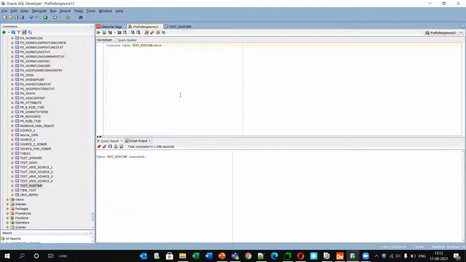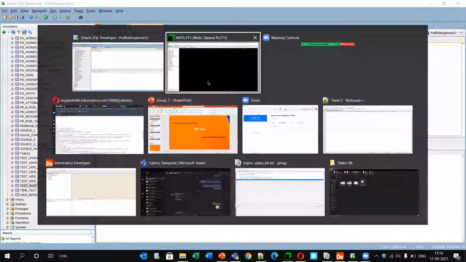And now if we do the select operation here, select star from test runtime, then I can see there is no record now. I can commit it, and then let's run it again and reconfirm. There is no record in it.